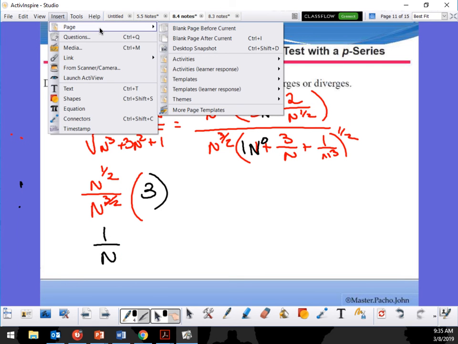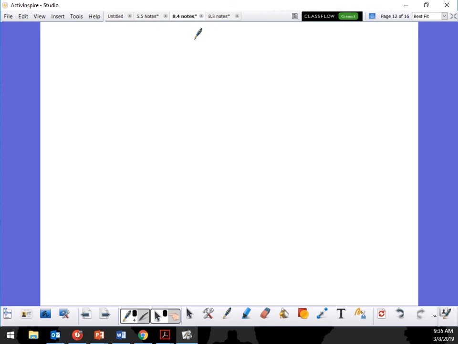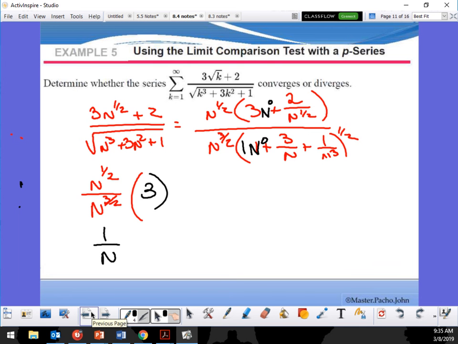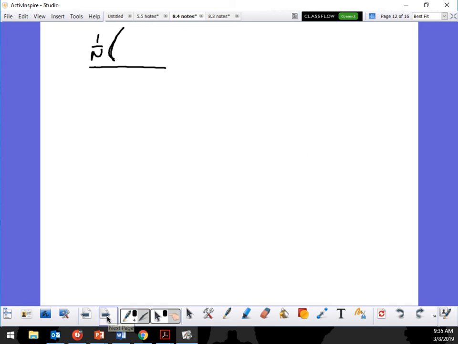Insert page after. So I have, let me see, 1 over n here. Then I have the top, which was, gotta back up. Dang it. Okay, so that's going to be 3 plus 2 over n to the 1/2. So 3 plus 2